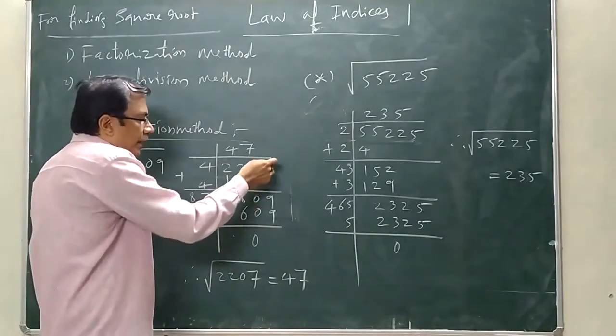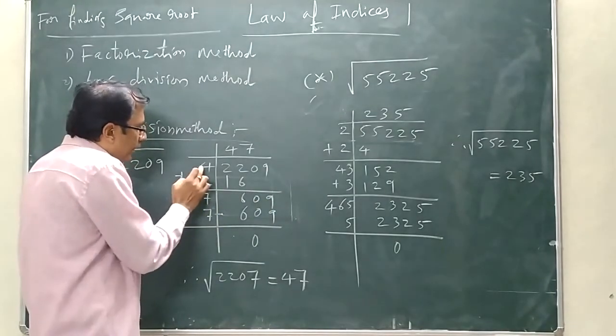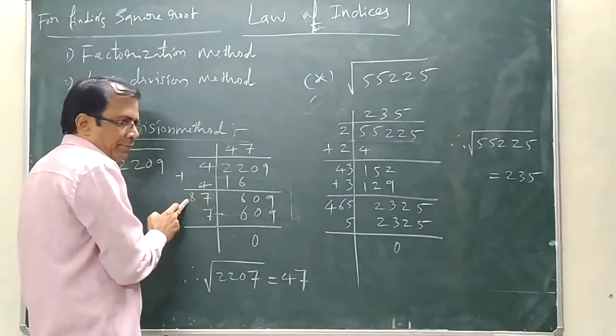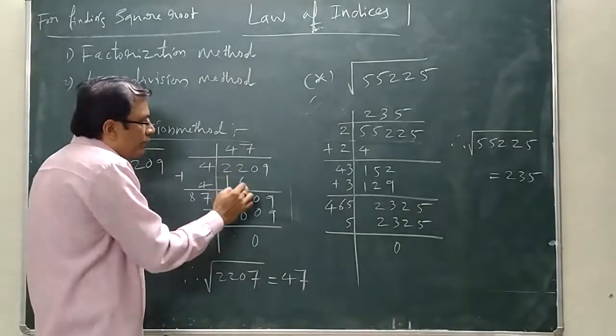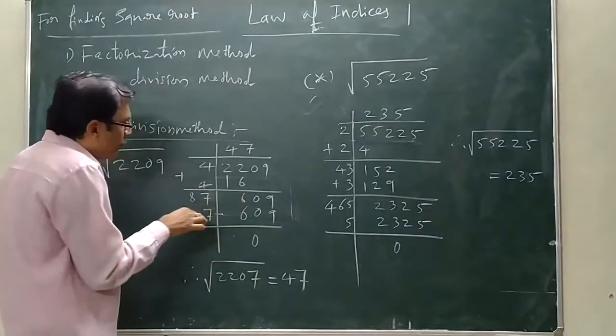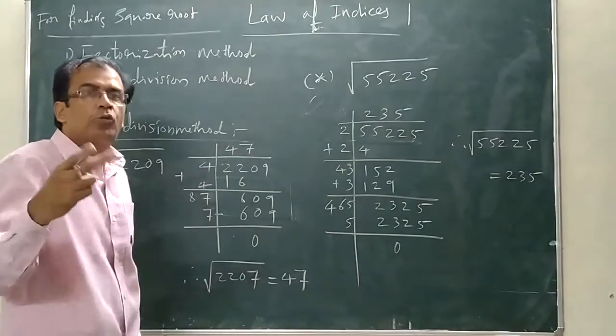Then 09 also you need to bring down. Next step here, you have to start adding these two numbers. 4 plus 4 becomes 8. And how much is left now? The number left is 609. Next step, 8 is the number, and again you have to take the similar two numbers.